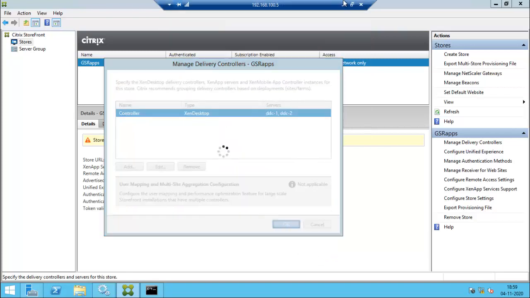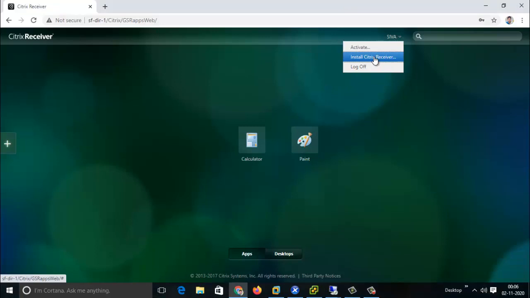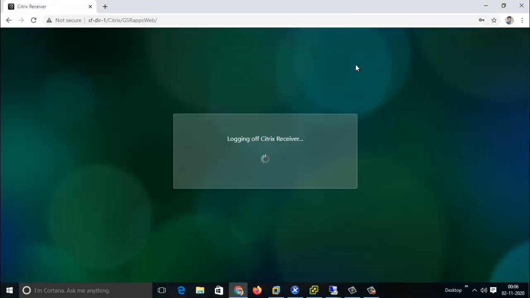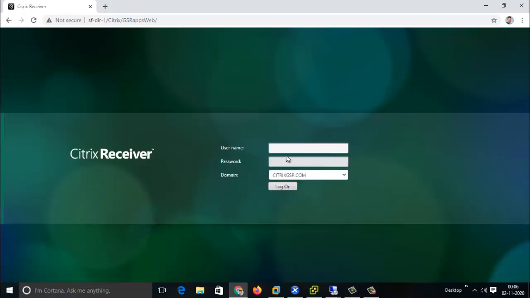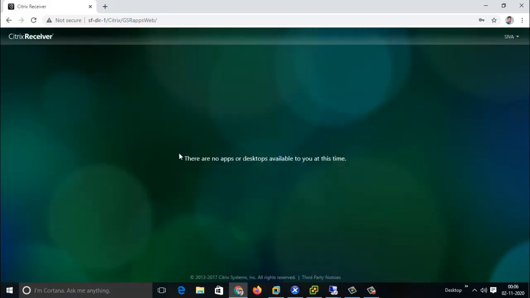Now go to the web page and see what error message you get. Just log in.